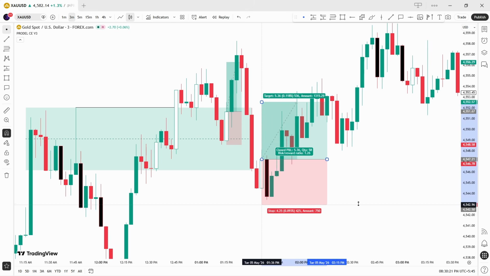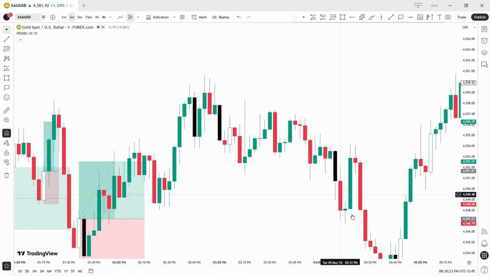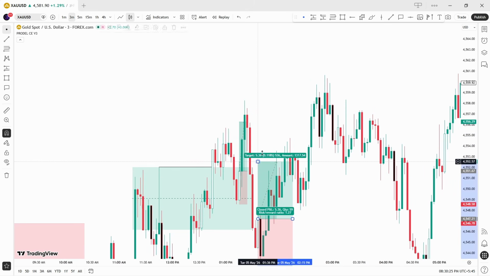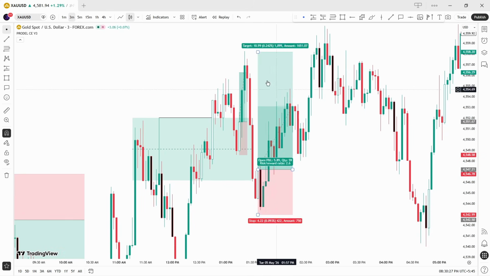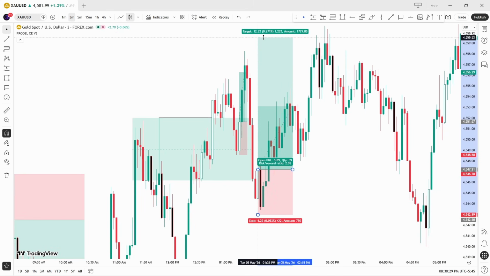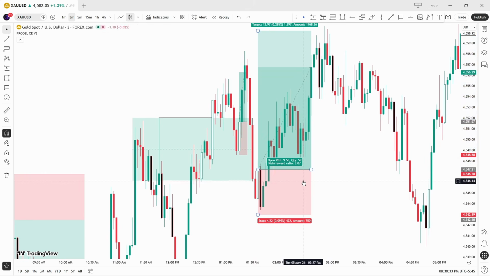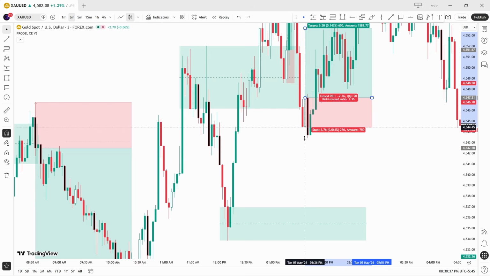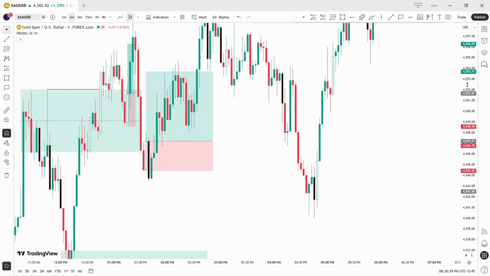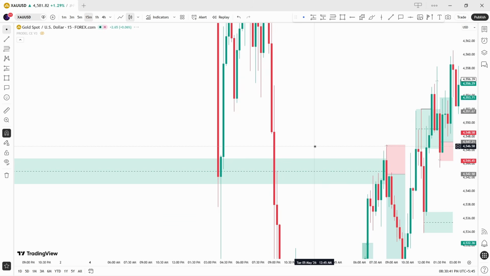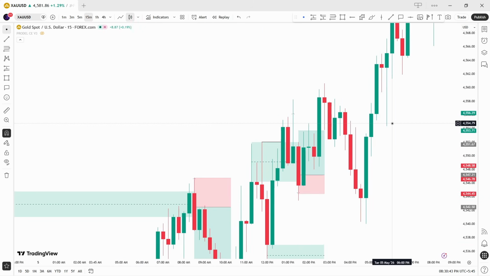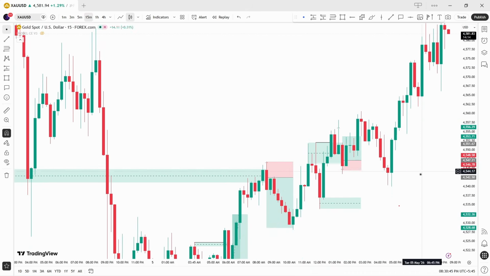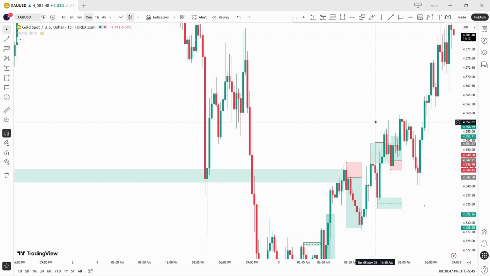If its SL was like this, and this will be the break even trade, like maybe it is 3R. Yeah, it is 3R, but this trade is a loss like this, you can see. And then another structure is forming here, but I was looking at the counter trend because